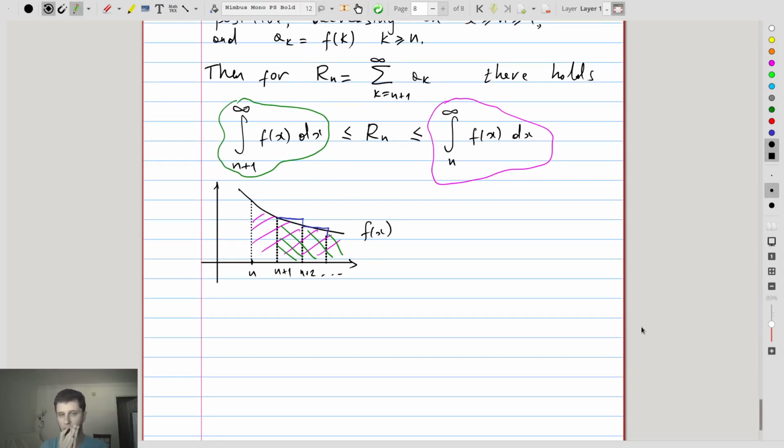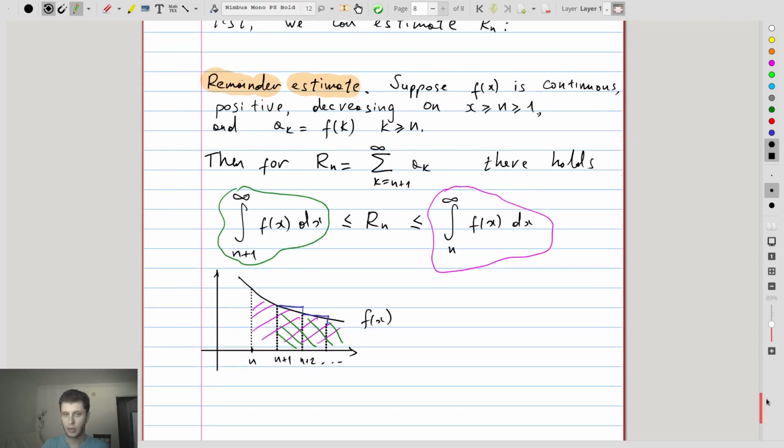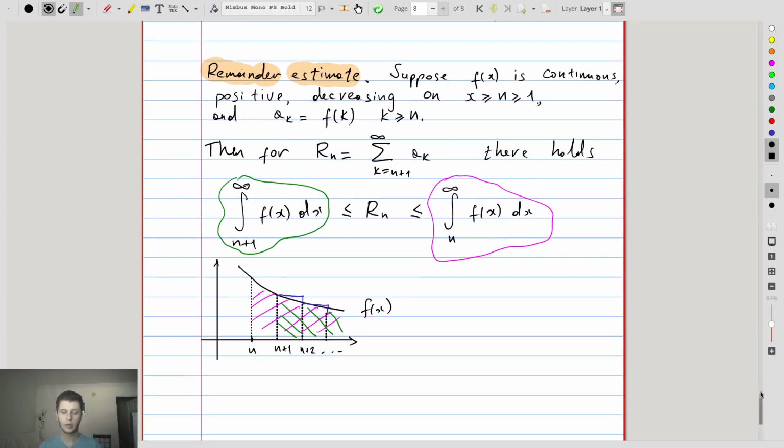Okay, so why is this useful? It's because now, using the integral estimate, we can look at a partial sum of a series and be able to tell how well this partial sum approximates the infinite sum. So obviously, we're never going to be able to evaluate the infinite sum. We cannot add up infinitely many numbers in a constructive fashion. What we can do, though, is add up finitely many numbers and then evaluate an integral that will tell us how good an approximation to the infinite sum we have.